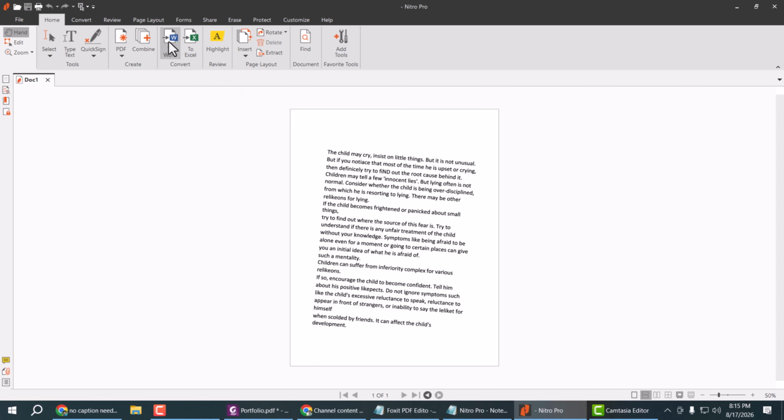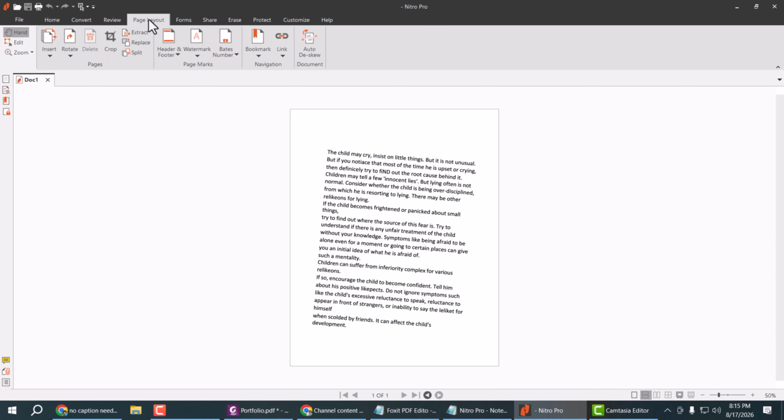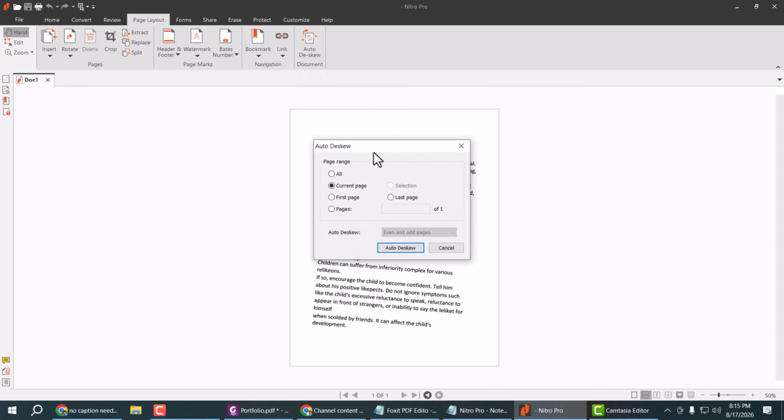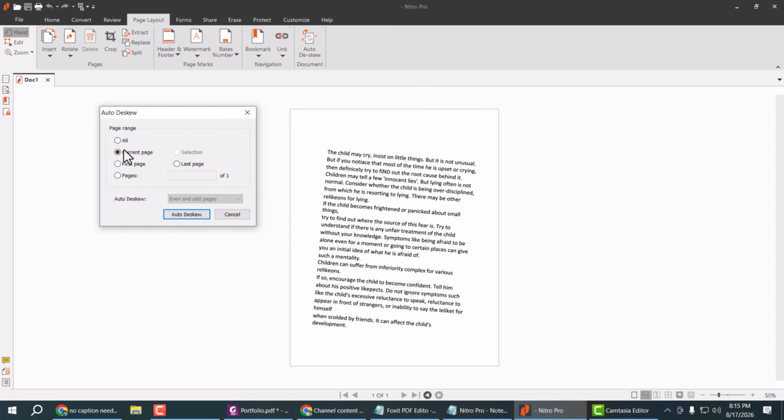deskew. Select Page Layout option and this is Auto Deskew option. Click here. You can deskew all page or a specific page range or current page. I select all page only. Now select Auto Deskew